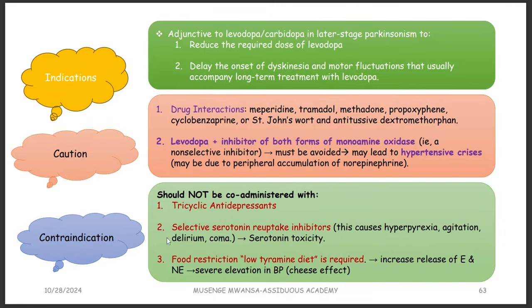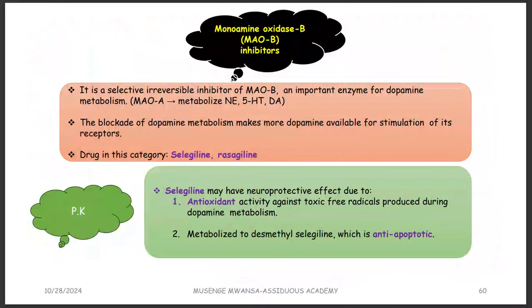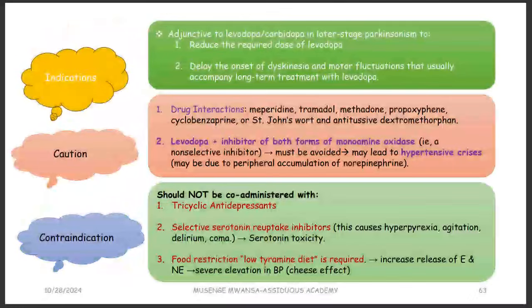And then just some contraindications for these COMT inhibitors. Don't use with TCAs, tricyclic antidepressants, selective serotonin uptake inhibitors, and also restricted with tyramine. Okay, don't use them with tyramine. These are actually not the COMT inhibitors, but MAO inhibitors. It's the MAO inhibitors that you can't do this with because those guys are also used in antidepression. Please take note of this. Selective serotonin uptake inhibitors,